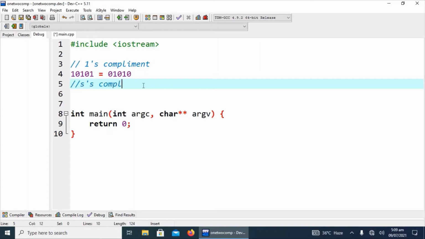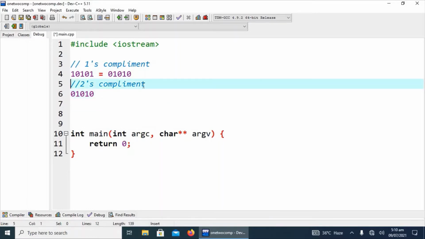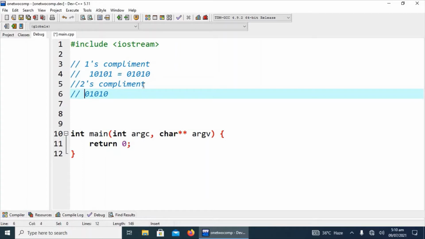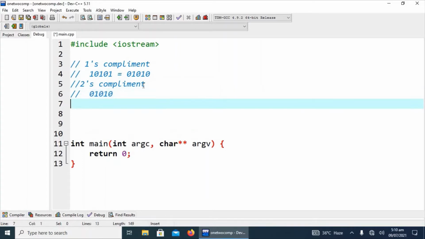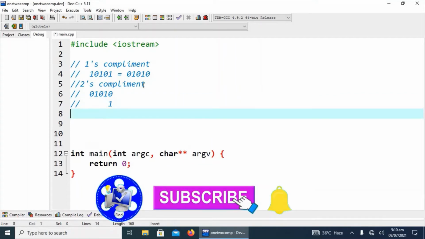Twos complement basically is the addition of one carry to the given ones complement. We can say that if we have the ones complement of a given binary, then twos complement will be adding one binary digit to this ones complement.